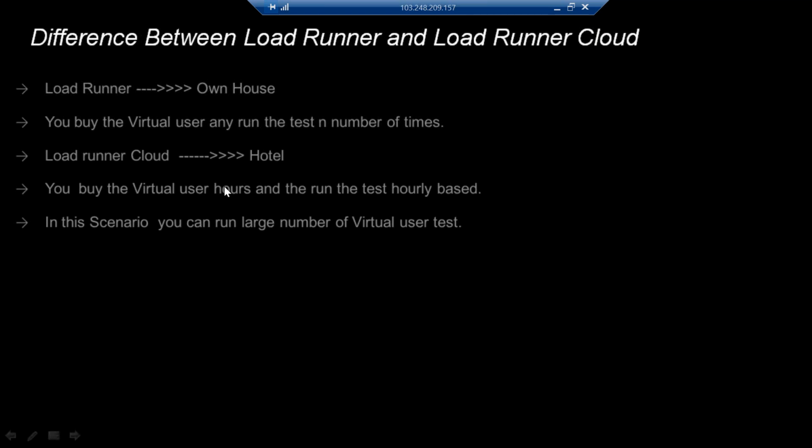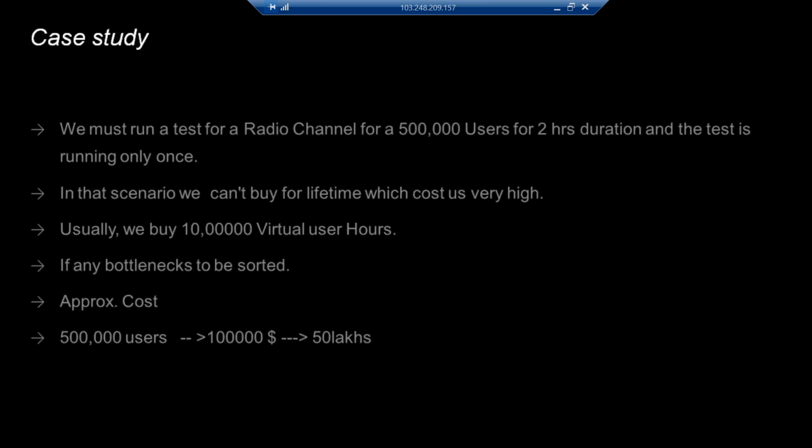In this scenario, Loadrunner Cloud is more effective. As I said, there are not many changes, but they are important ones. If anybody has any questions, you can ask me. Okay, I don't think anybody has any questions.